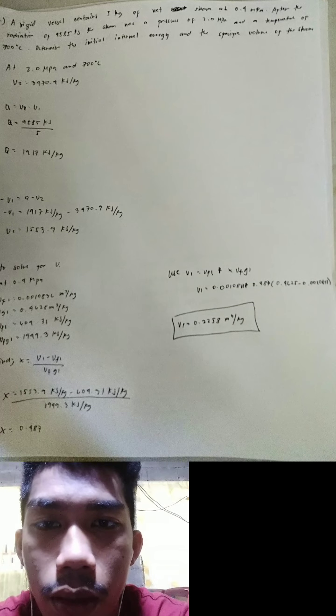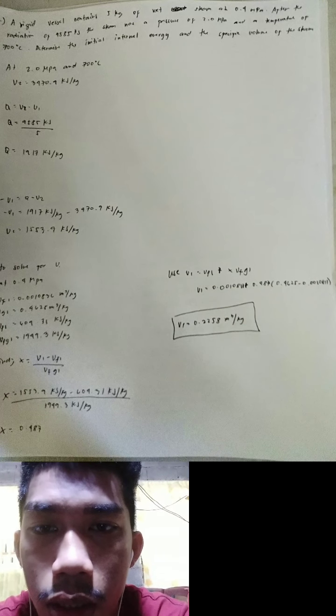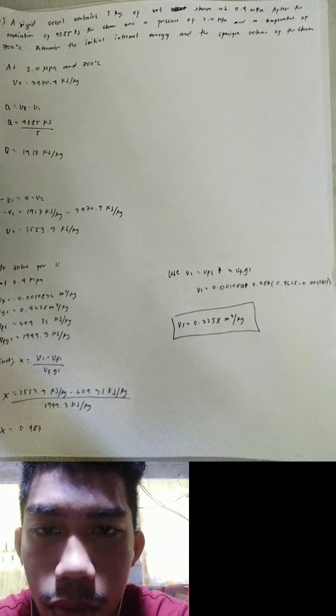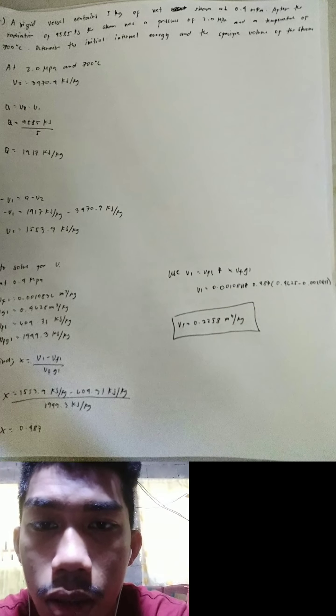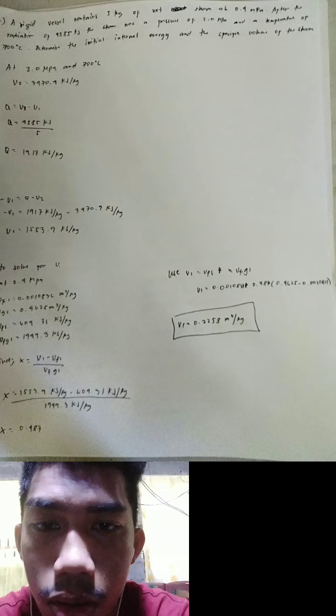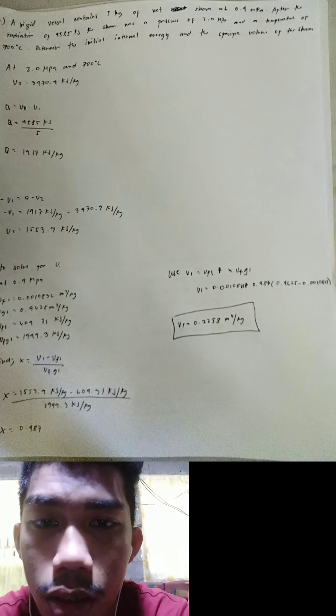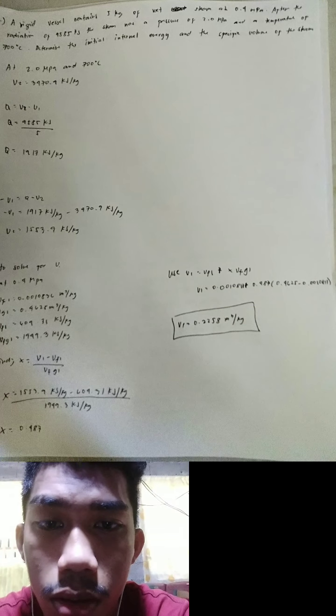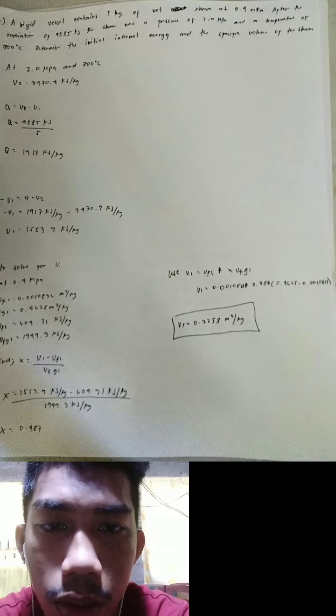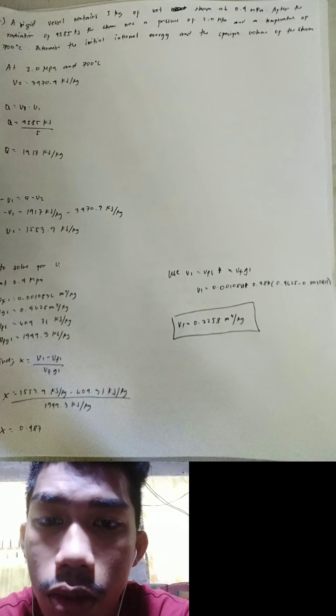To solve for the U1, we must use the formula Q is equal to U2 minus U1. So Q is equal to 9,585 kilojoules divided by 5. So the value for Q is 1,917 kilojoules per kilogram. Negative U1 is equal to Q minus U2. Negative U1 is equal to 1,917 kilojoules per kilogram minus the value for U2, which is 3,470.9 kilojoules per kilogram. The value for U1 is equal to 1,553.9